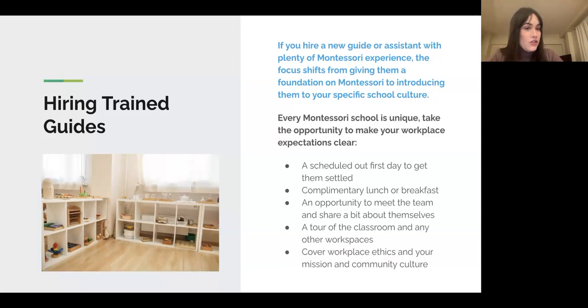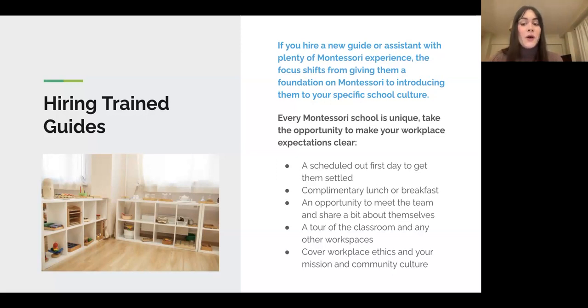So every Montessori school is unique. We have a unique mission. We have unique expectations in the workplace. We have unique schedules. So it's important to make those expectations clear. What usually can be helpful is to schedule out a first day, have everything in writing hour by hour, how it's going to work when they start on the first day. You can say, park your car here, come into my office. We're going to spend an hour having an introductory meeting. And then I'm going to pair you up with one of our lead guides who you will shadow throughout the day and observe. And you can give them that document of a breakdown hour by hour for that first day.